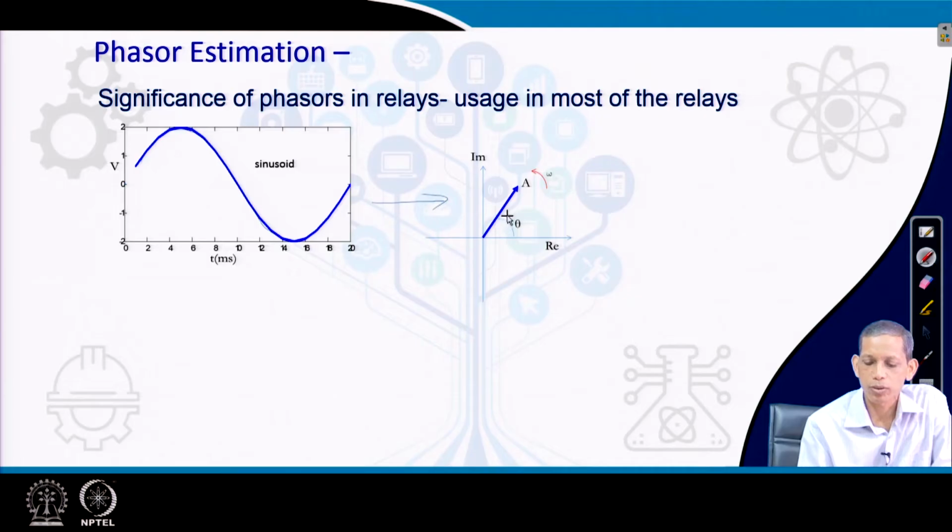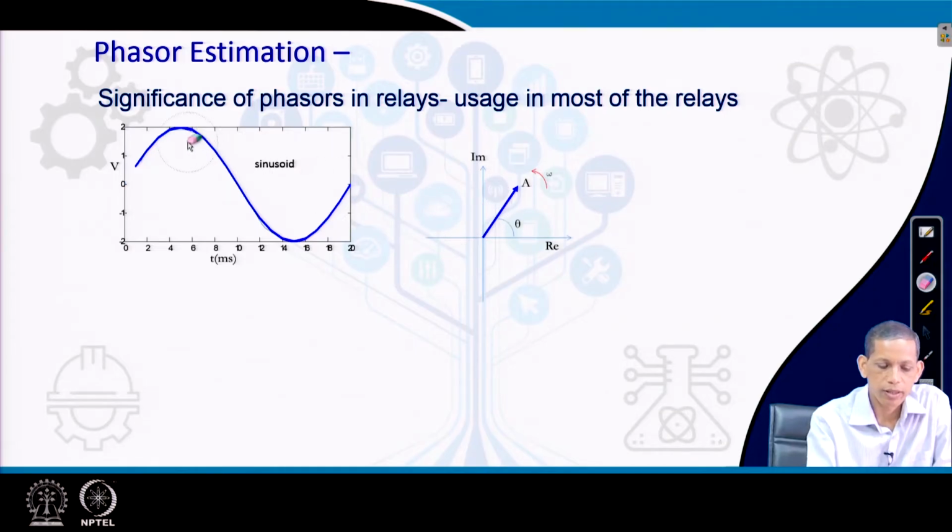This is what we remember as the sequence component. In the sequence component you need VA, VB, VC, IA, IB, IC to get the corresponding positive sequence, negative sequence and zero sequence components, which are widely used in different relaying principles and algorithms. So, essentially, from a sinusoidal quantity we require the corresponding phasors to be computed, and these phasors are very much required for